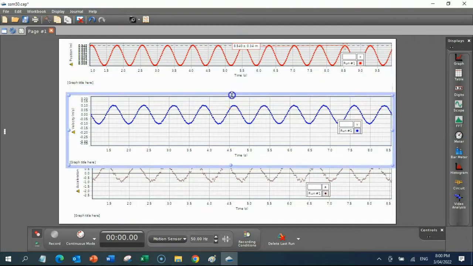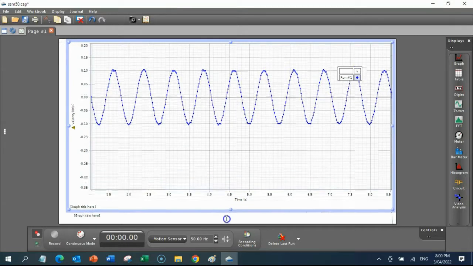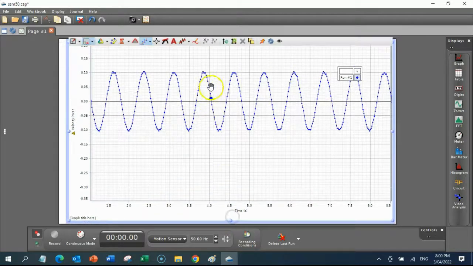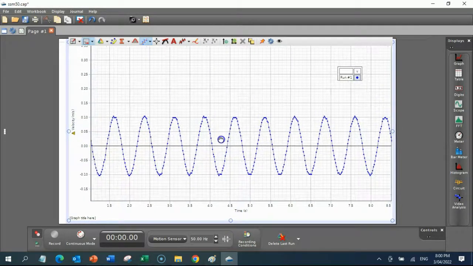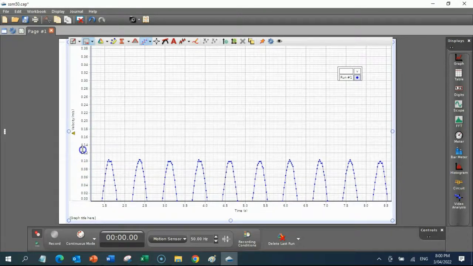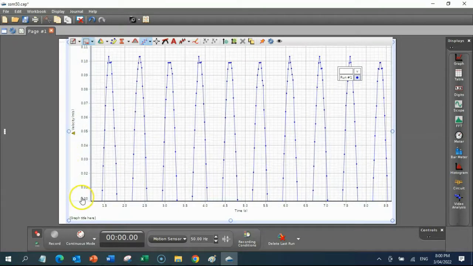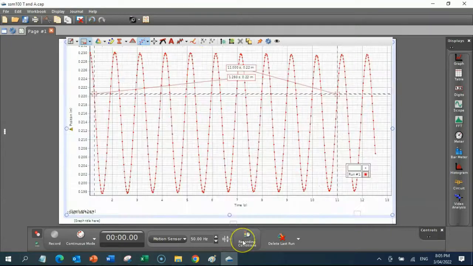And now I'll pull it up here, pull it down there, and pull the whole graph down and stretch this up. So what I've got down here is 0, and up here I've got, let's say, 0.102,